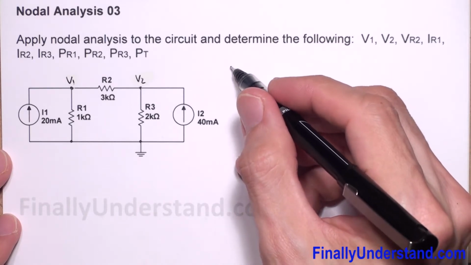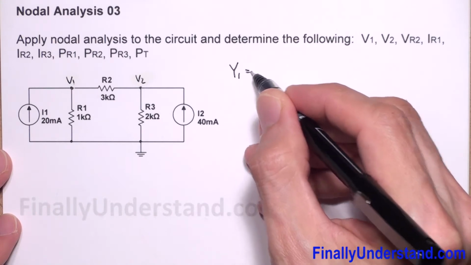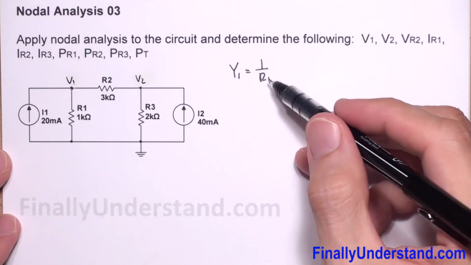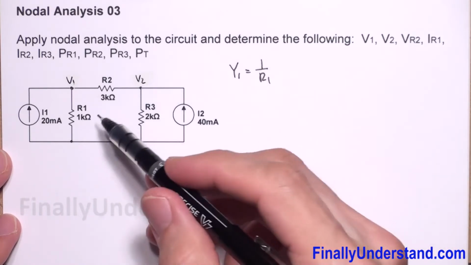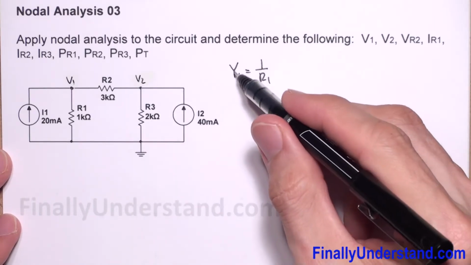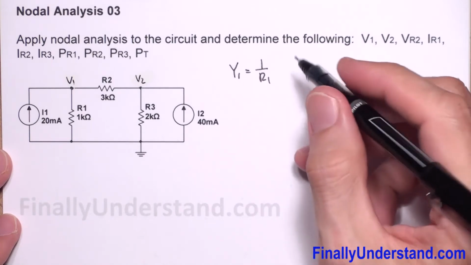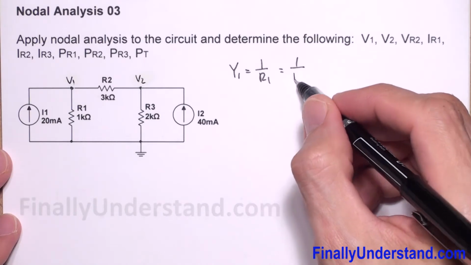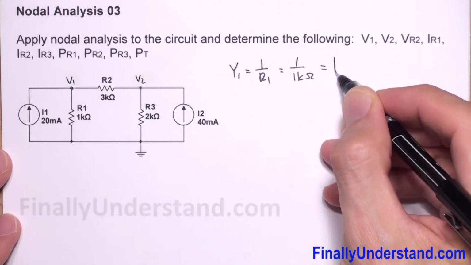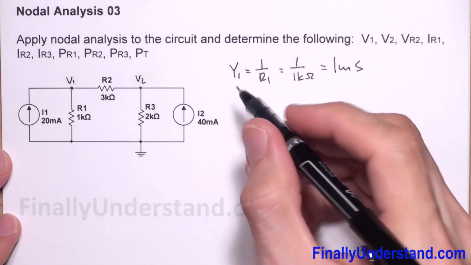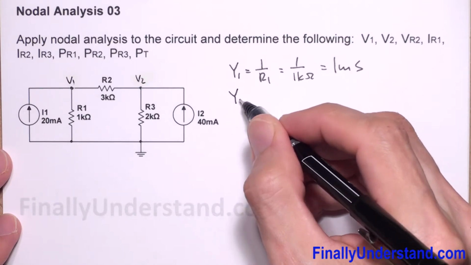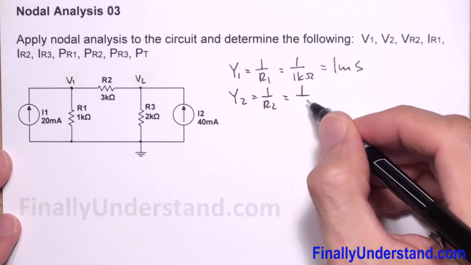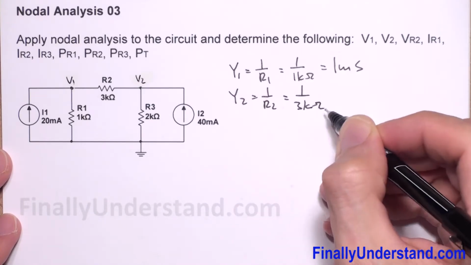That's why I'm going to write Y1 is equal to 1 over R1, where 1 over R1 is the conductance for this resistance, but we are going to label this by Y. So I have 1 over R1 is equal to 1 millisiemens. I have Y2, which is equal to 1 over R2, which is equal to 1 divided by 3 kilohms, which is equal to,